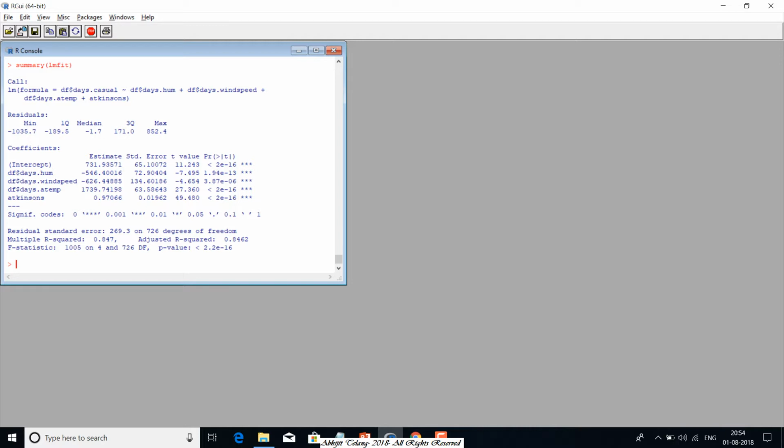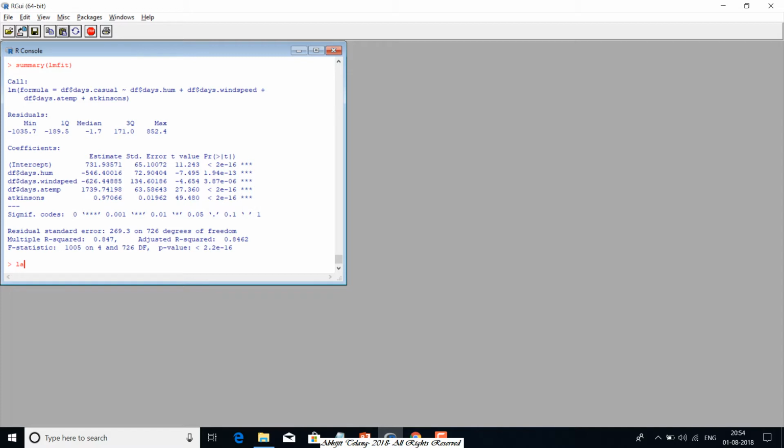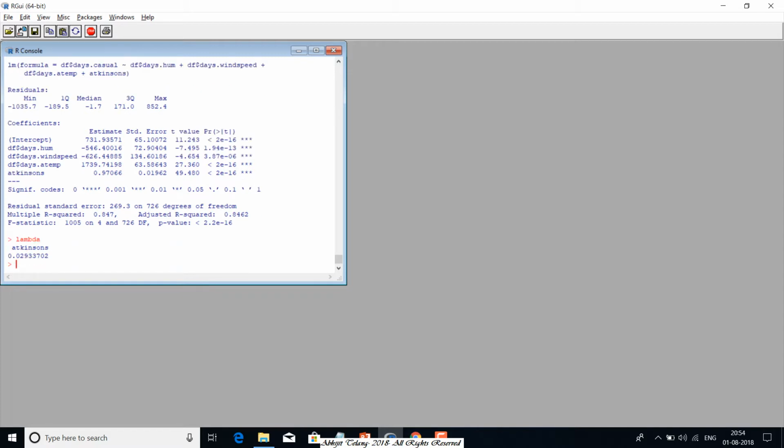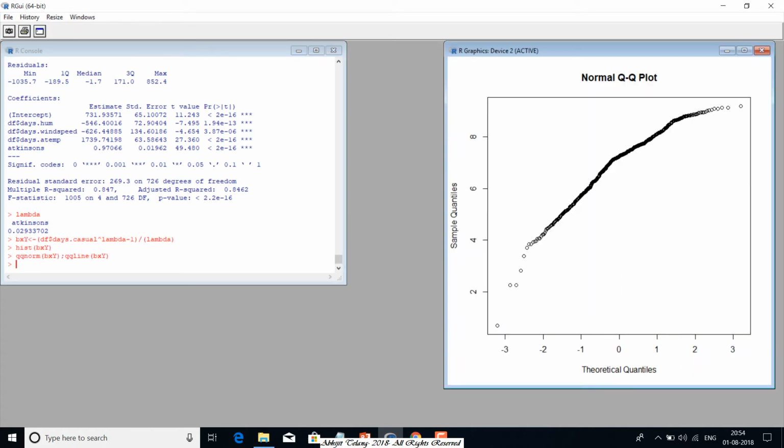And the value of lambda, which is 1 minus the Atkinson's coefficient, would be roughly about 0.03. So that's already calculated here. So it's 0.029. Now it is close to 0. So one way is to apply the Box-Cox transformation, or we could also consider applying the logarithmic function and see the comparative difference. So in this case, I'm just doing the classical Box-Cox function application,